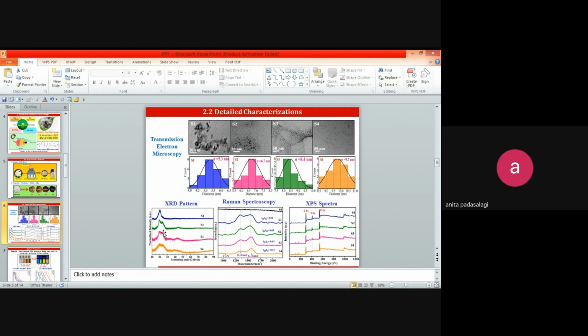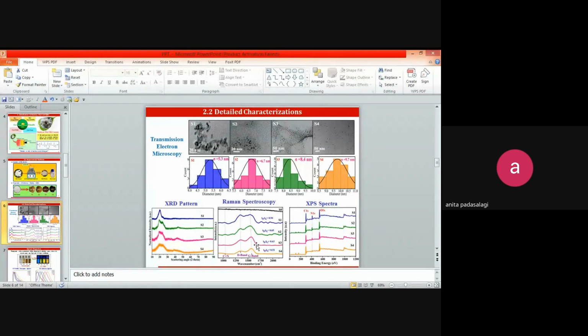Now here there is a peak at 21 in the XRD pattern, which is associated with the sp3 state of carbon. And when you move from the S1 to S4 sample, that is, from 150 to 300 degrees Celsius, the peak at 26 appears and increases, which indicates the formation of an sp2 carbon core. This is further confirmed from the Raman spectroscopy, which is a very important tool to study the